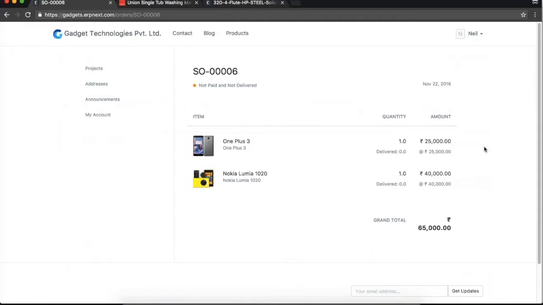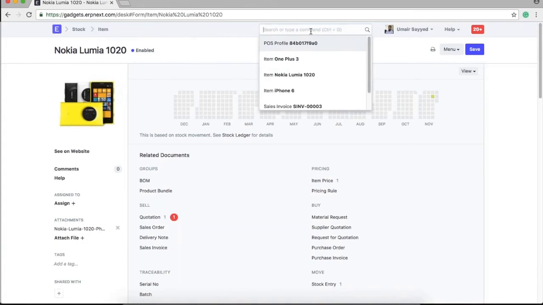Okay, so now this order is placed. You can see that for each item, what is the quantity, what is the amount, and based on that we get the grand total. So what the system does is it has created a sales order in the backend. If we go back to our ERPNext account and see the sales order,